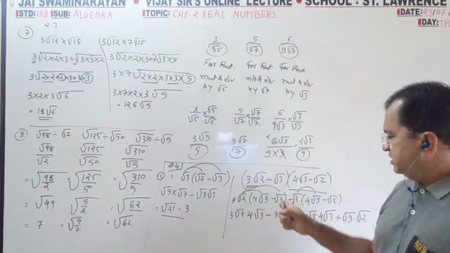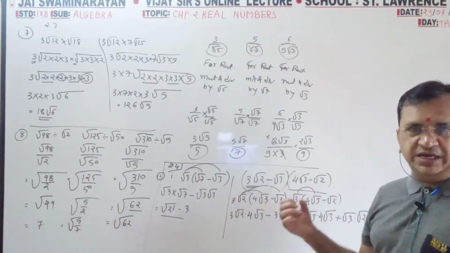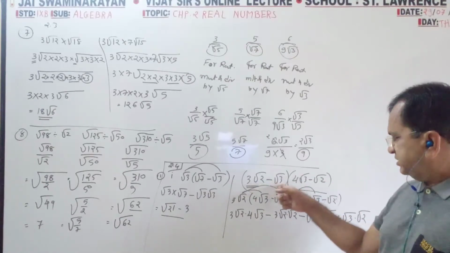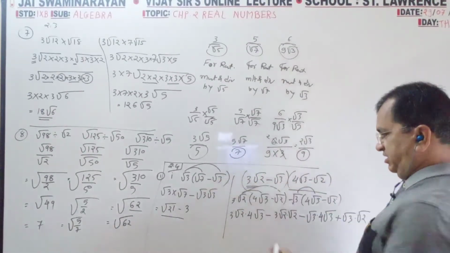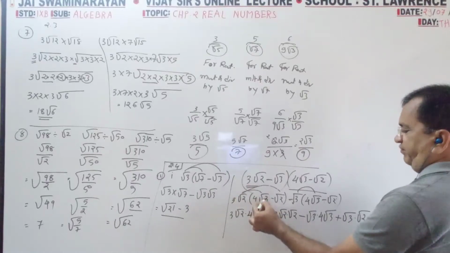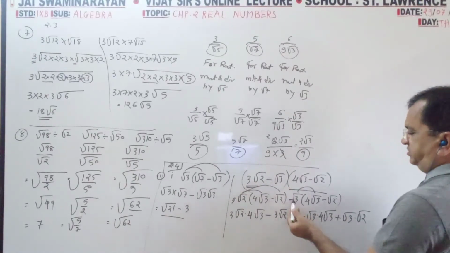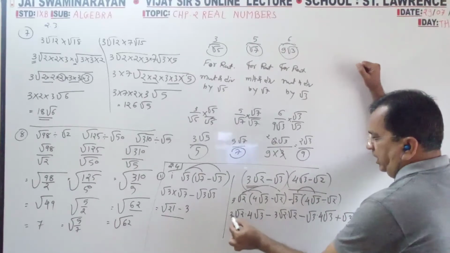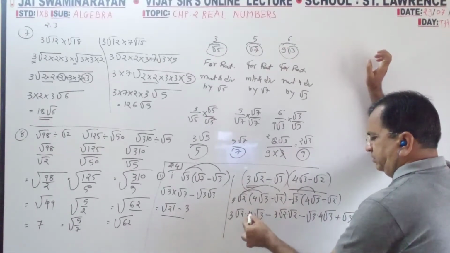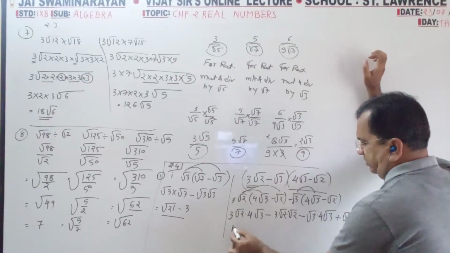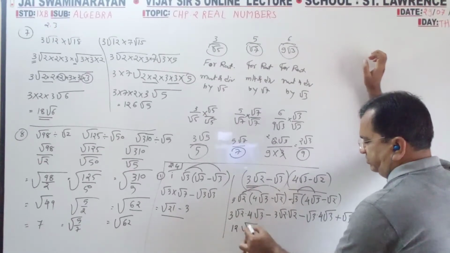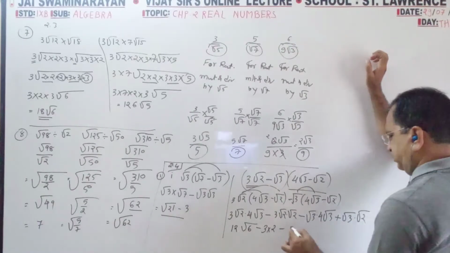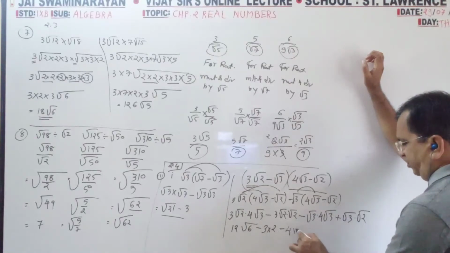Bracket into bracket means any one bracket you have to split up, that bracket you have to break. So this into the full bracket minus this into the full bracket. Then like this, first term multiply by first term, multiply by second term. The outside numbers will be a product, you have to write the product outside. 4 is a 12, inside 3 is a 6. 3 into 2, 4 into 3.